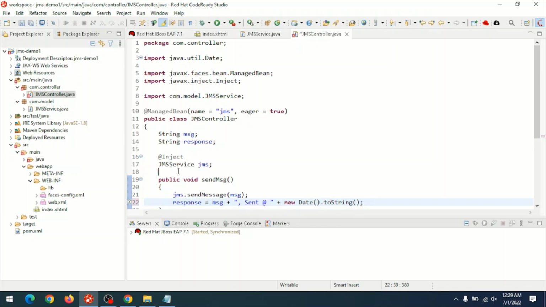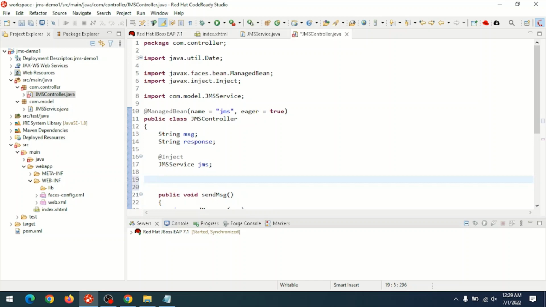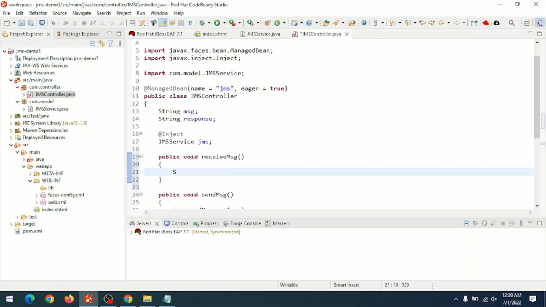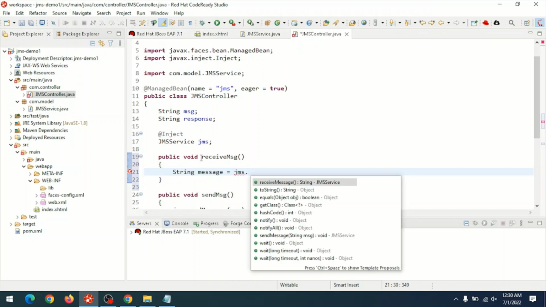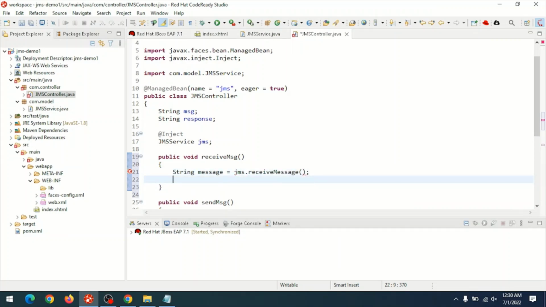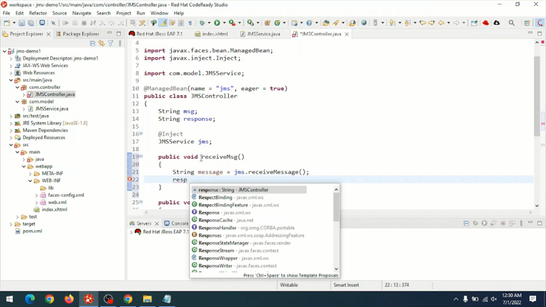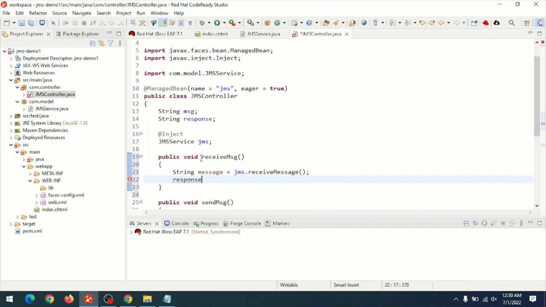Then implement another method to receive a message. Create a temporary variable, String message, equal to the object of JMS service and call the method receiveMessage. Then the response is, then display the response on the web page as